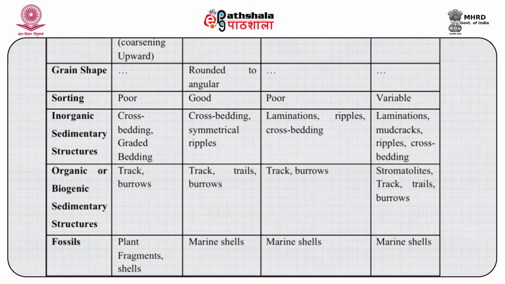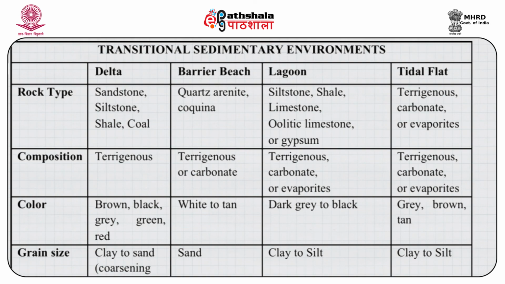Symmetric ripples are expected if waves are present. Tracks, trails and burrows are also very common in barrier beach environment. Marine shells are expected as fossils. In lagoonal environment, the rock types are generally siltstone, shale, limestone, oolitic